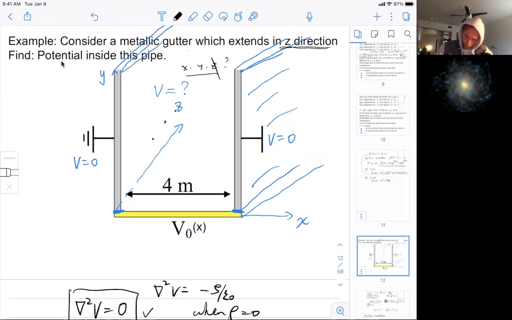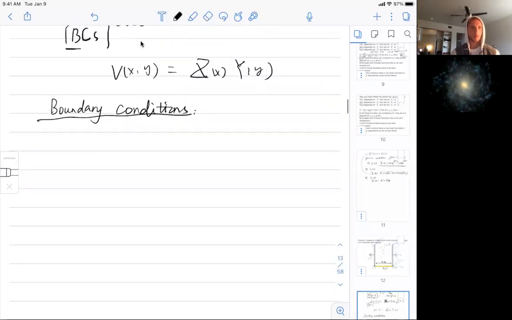Boundaries are the particular locations where we already know V, right? We know three of the walls. Someone said V equals 0 when x equals 0 and x equals 4. Okay, so the left wall and the right wall, right? So let's look at the left wall. This left wall is located in the YZ plane, at x equals 0. This right wall is located at x equals 4 meters, and the potential is 0. So let's try to write it out. The boundary condition for the left wall